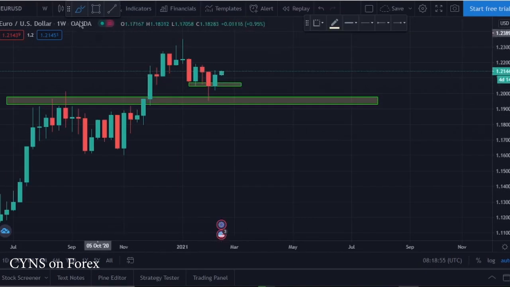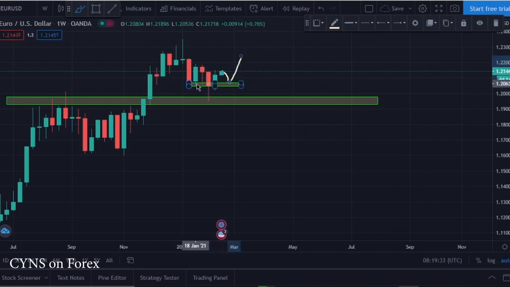Going down into the weekly time frame, what do we have? Here on the weekly, a quite interesting structure. We can see that the market just tested and rejected this zone quite aggressively to the upside, and currently we have a break back above the support. This area was quite strong support. Here the market broke below, now the market has broken above, and at that point we can expect the market to provide even more continuation to the upside.